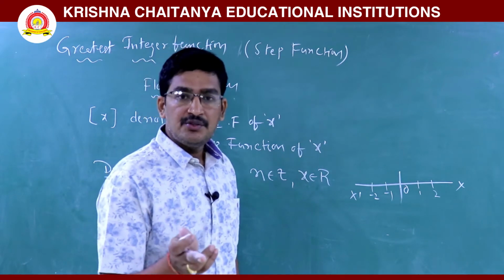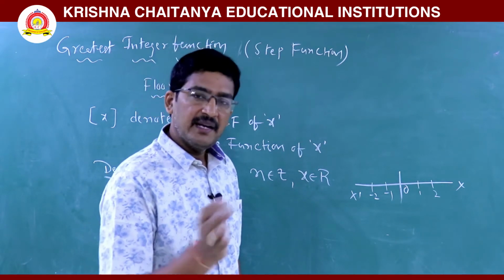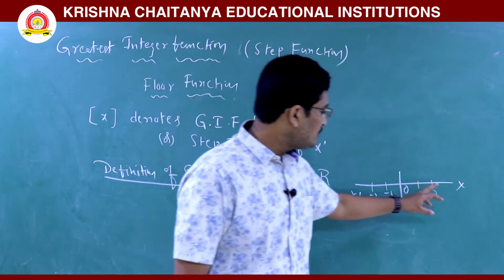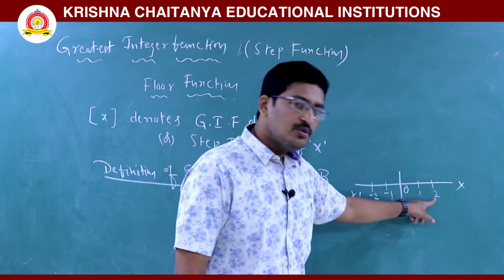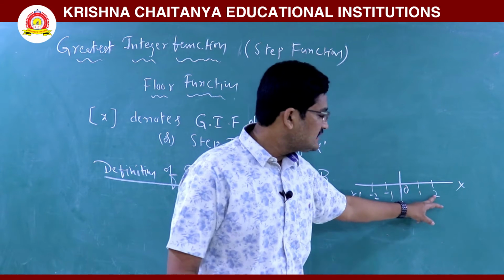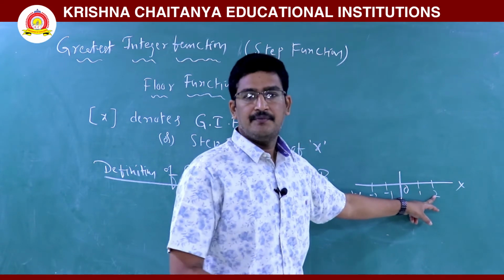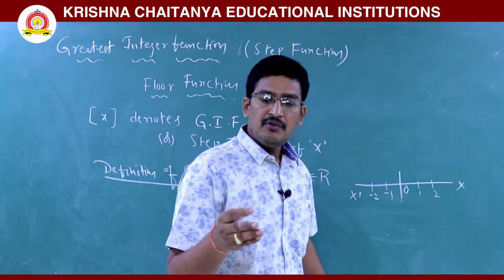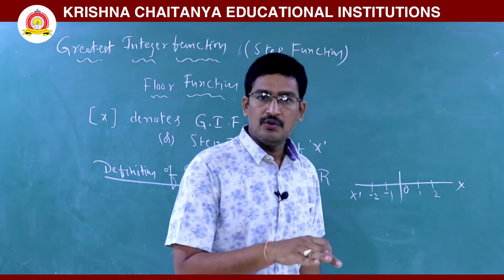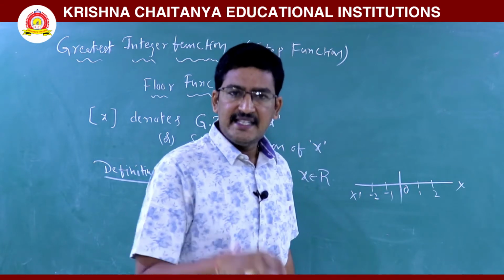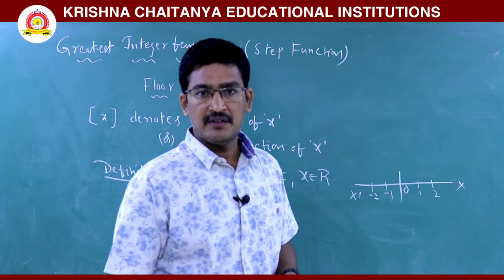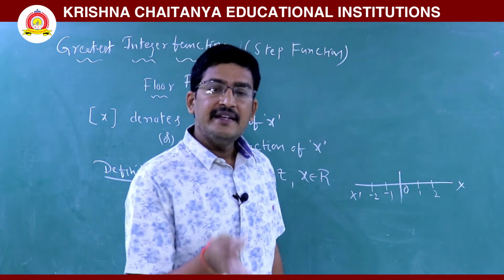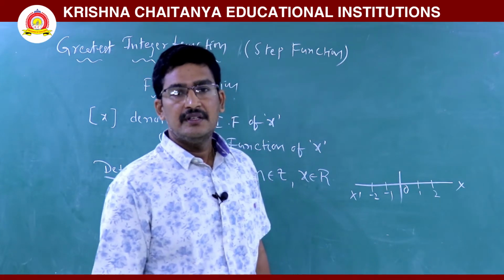What is the consecutive integer after n? n plus 1. What is the consecutive integer after 1? 2, 1 plus 1. After 2? 3, 2 plus 1. After 3? 3 plus 1, 4. What is the next integer after 4? 5, 4 plus 1. What is the next integer after n? n plus 1. In the same way.